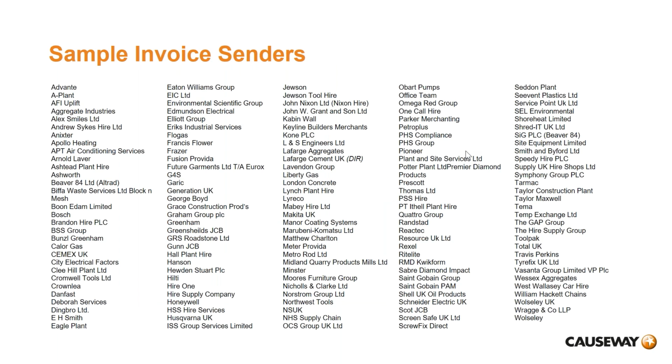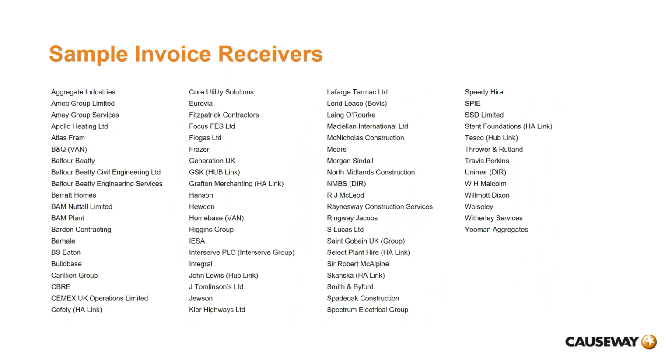So we haven't put all the thousands and thousands on the screen, but you can see here a lot of the invoice senders or the suppliers, sort of the high volume, a lot of the plant and aggregate industries in the space. As I mentioned, the first thing we typically like to get is a spreadsheet with a list of your top partners, so that we can do a match and provide you a percentage of companies that are already connected. And from the suppliers on the call,